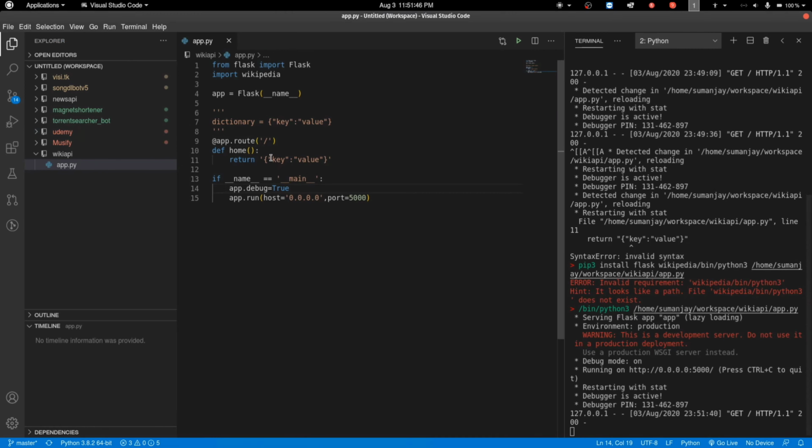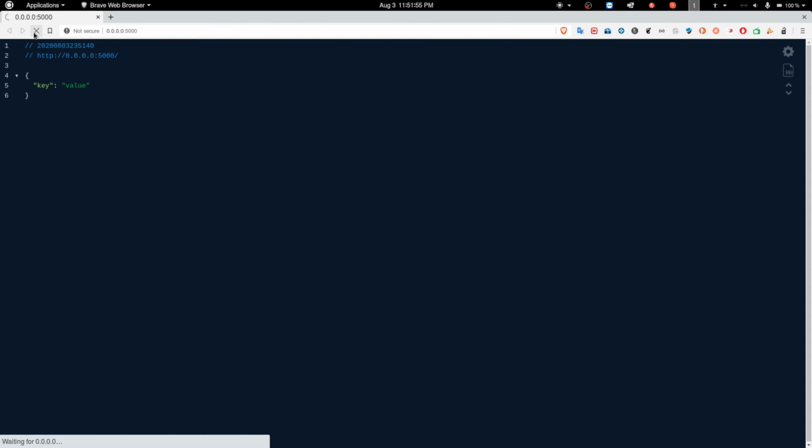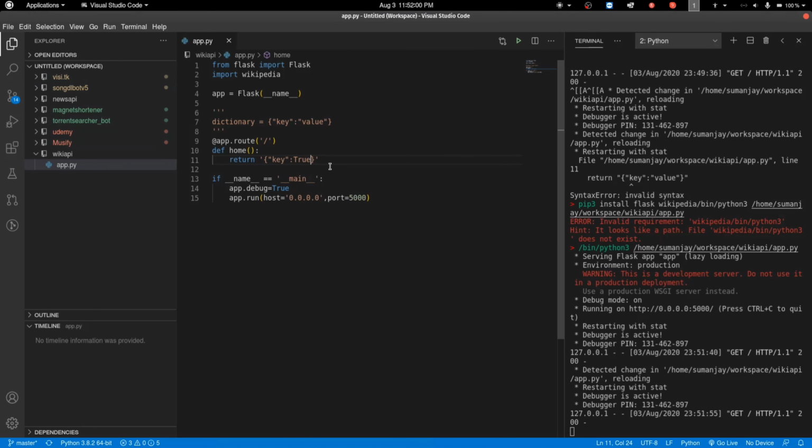But every time it will not be JSON, so I will show you an example. I'll set it to True. This is a Boolean in Python, and this is not JSON. This is a dictionary. Everything is fine, but it's not JSON, because in JSON a boolean is defined as lowercase true, and in Python it is defined as capital True. So both are different. Most web browsers use JavaScript to render results, so we have to convert this dictionary to JSON, and we will use the inbuilt